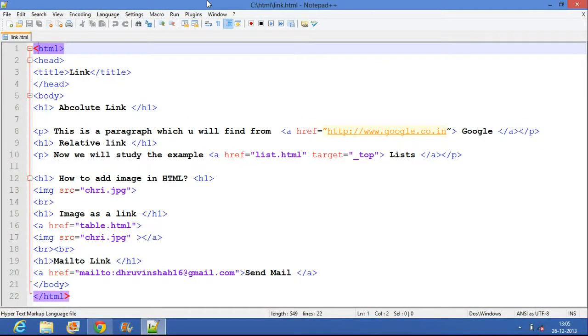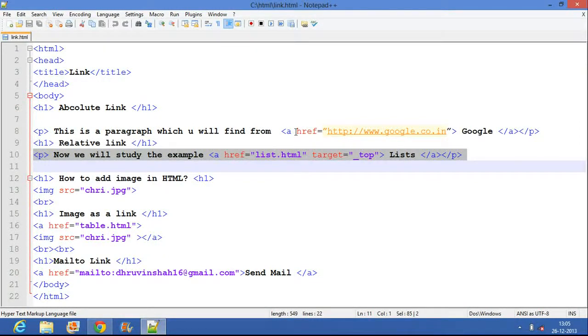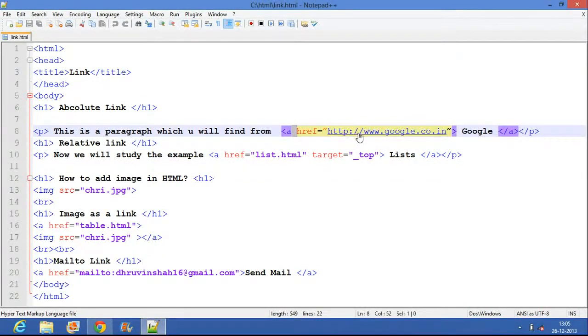That link is called an absolute link, which refers to a specific URL. To create a link, we have to use the anchor tag A, then href, then its address like google.com, and then its name like Google.